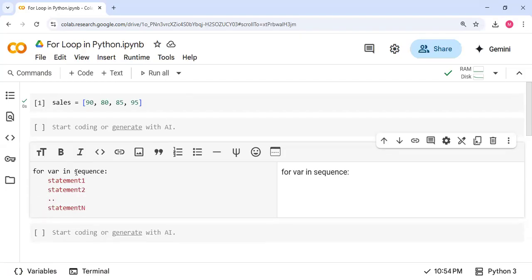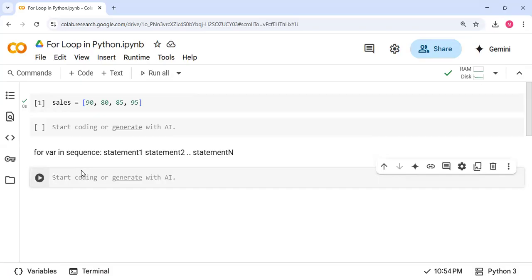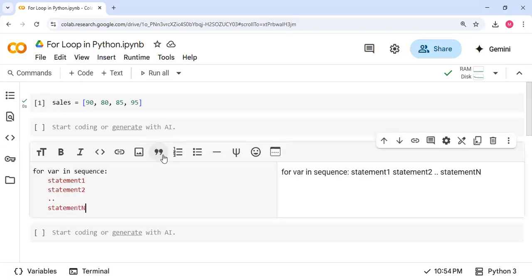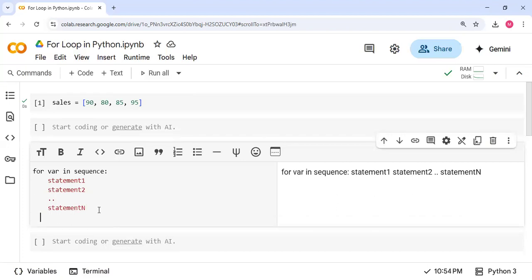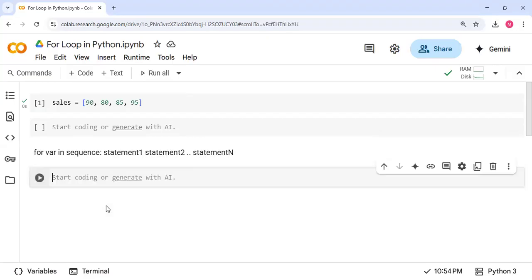And when you are done with writing all the statements in the loop, you can come out of the loop by not giving the indentation. Right? So let's take an example